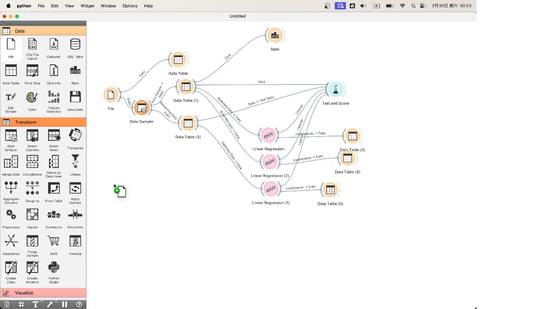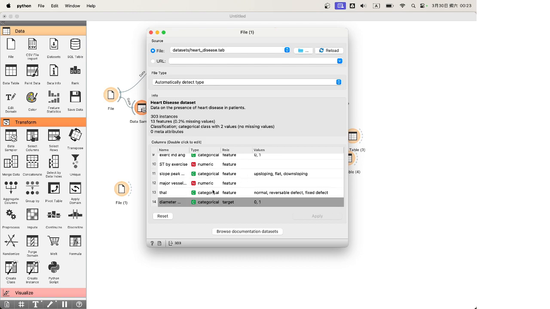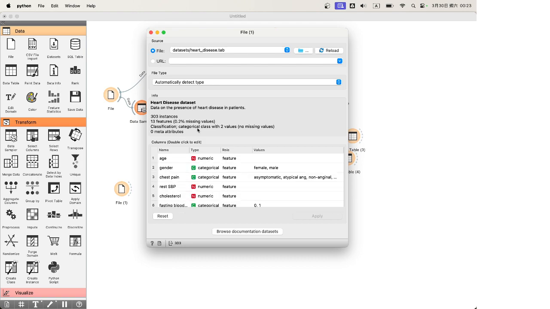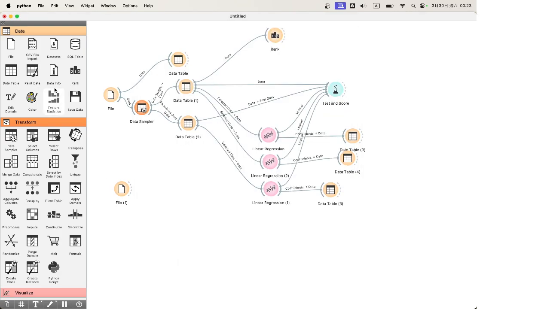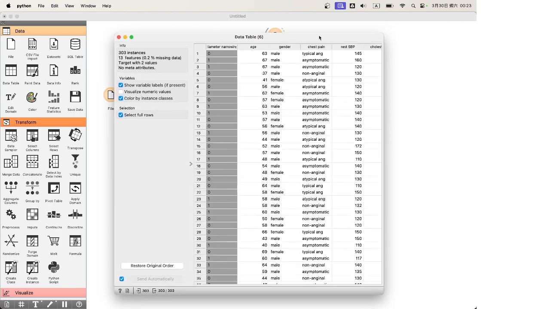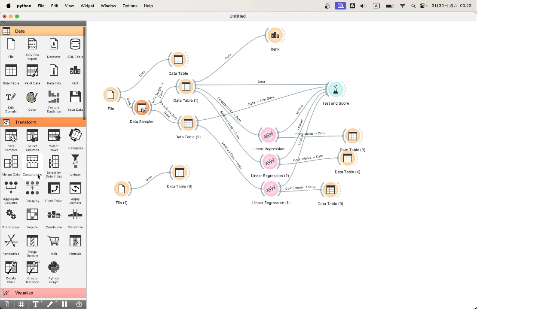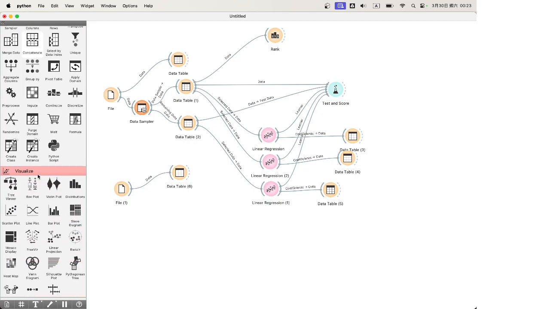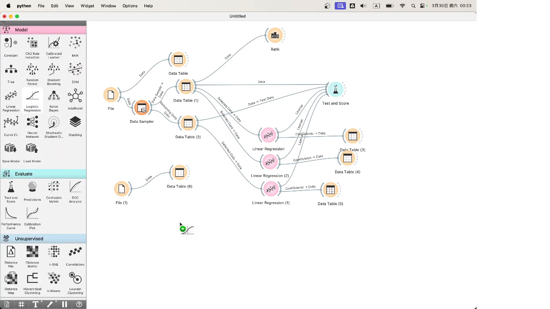Okay, and the next thing I would like to show you is, let's talk about, for example, that would be a good one. Okay, that is the heart disease data set. So we have numeric data and we have categorical output. So as we mentioned, for some algorithms, it is not possible to use categorical data. For example, you cannot use linear regression, you cannot use logistic regression and SVM on those categorical data. But actually, when you use, for example,